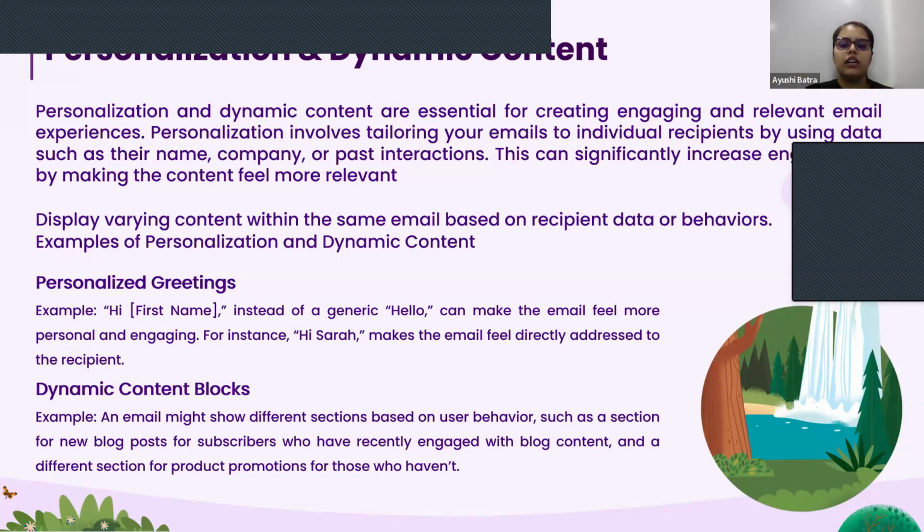So for example, let's say a person has visited your blog, and now you want to personalize the email for every prospect who has visited it. You can do that. You can also use images. If a prospect belongs to a particular industry, this image should be visible to them. And if a prospect belongs to a different industry, then you can use a different image. So that's how you can use dynamic content blocks for personalization.